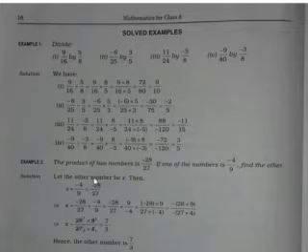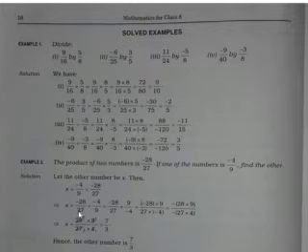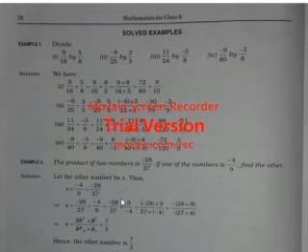one number, or any one fraction from one side of the is-equal-to sign to the other side, then in that case the sign becomes opposite. When it is in multiply, it changes into divide, and when it is in divide, it changes into multiply. When it is in add, it changes into subtract, and when it is in subtract, it changes into add. When we take any number from one side to another side.